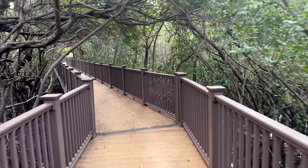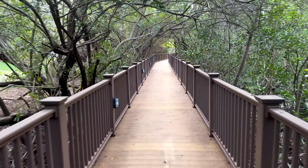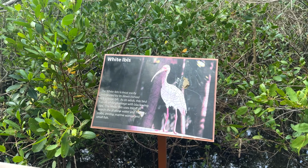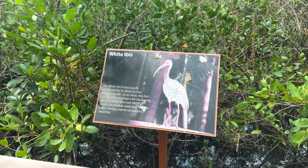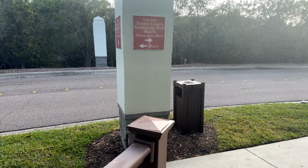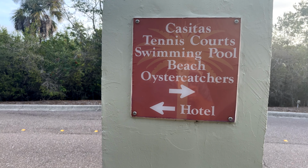Now we're gonna head back and head to the Casitas finally. Lots of these nature signs on the walk, which is pretty cool. If you haven't been to Florida before, get to know a little bit of the wildlife. There's lots of it. So the Casitas do have a few other things like another swimming pool, tennis courts, the